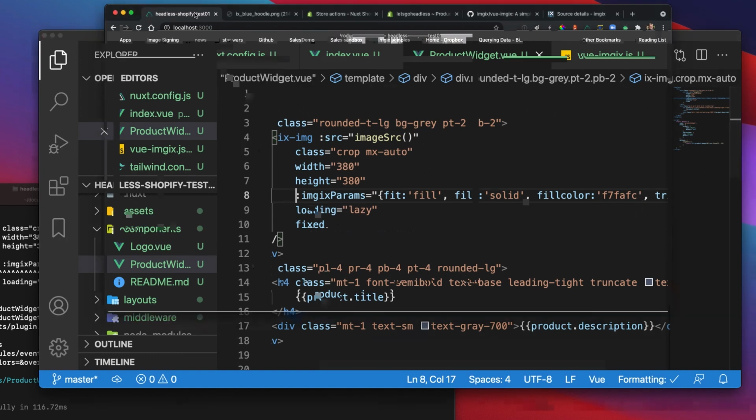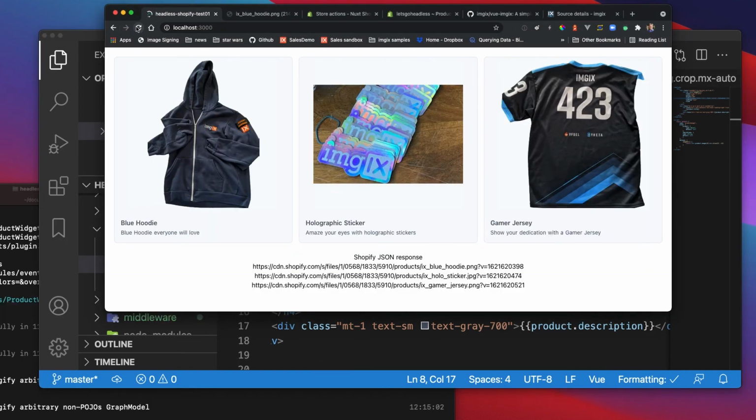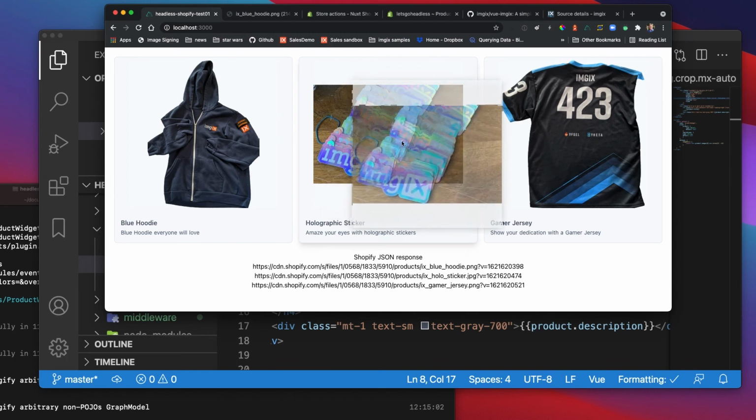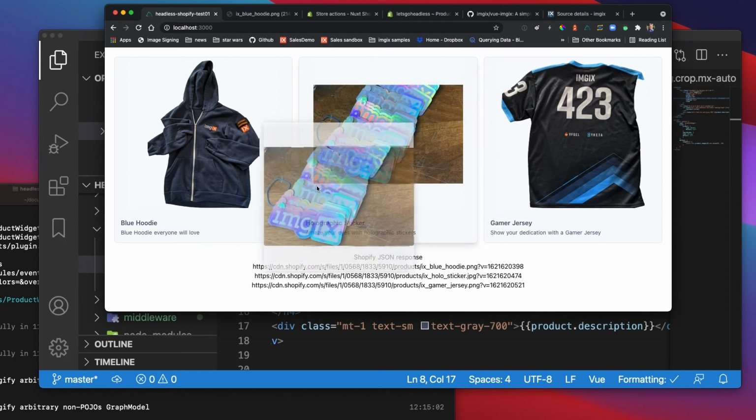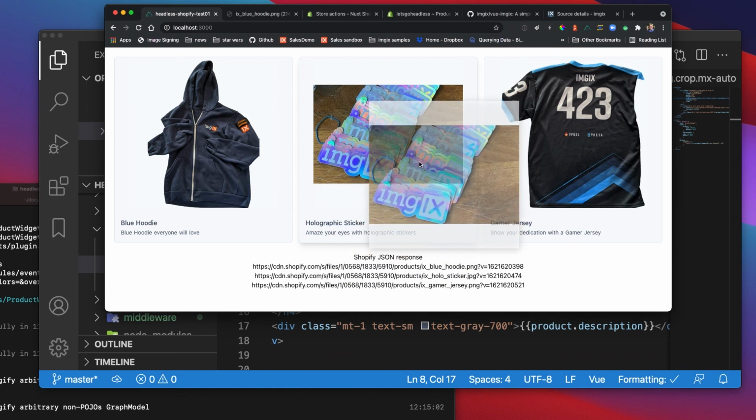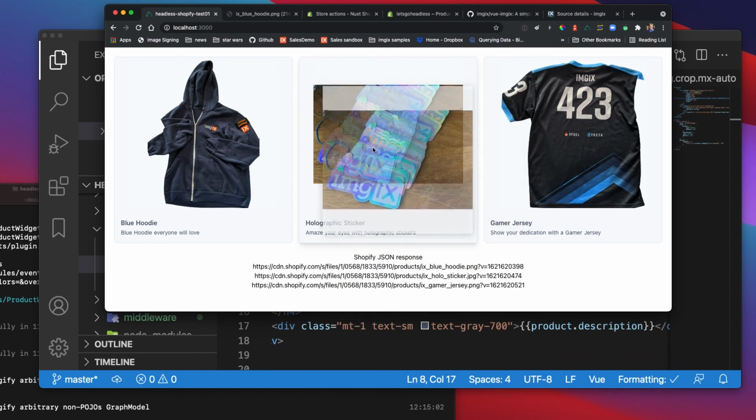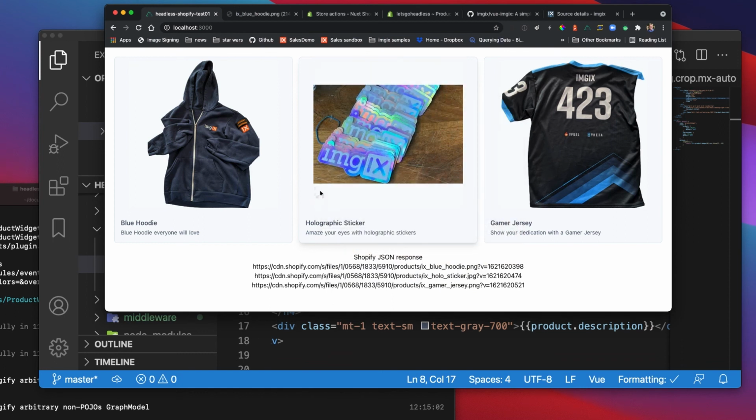Okay, let's see how that, there we go. Okay. So this made them all the same size. They're no longer blurry. I mentioned this idea of, so this is obviously a different aspect ratio than these, right? When I'm dragging the image away, you can see there's space on the top and bottom, and it centered it. But that space on the top and bottom isn't noticeable because it's the same color as this product widget background,